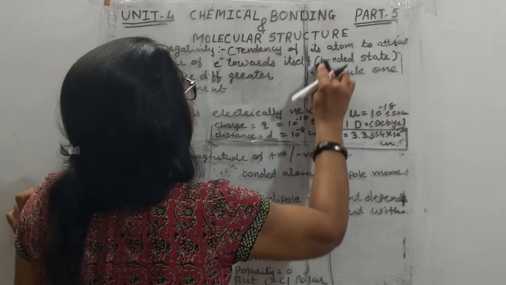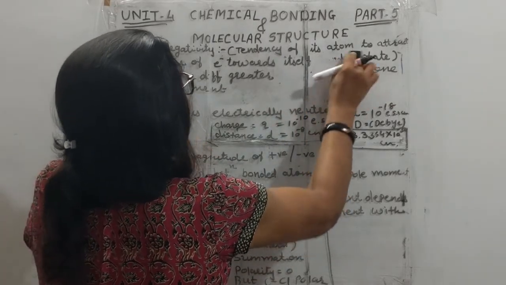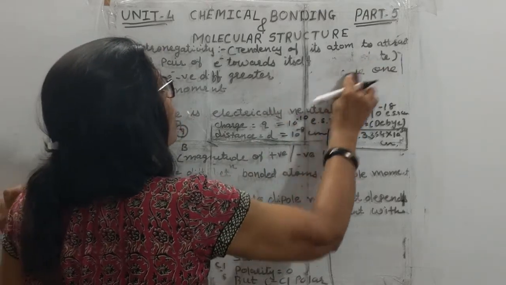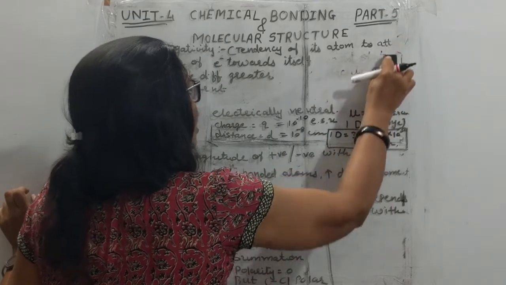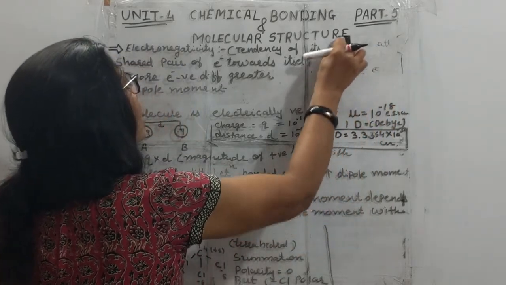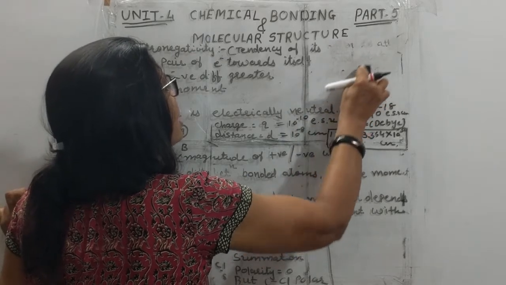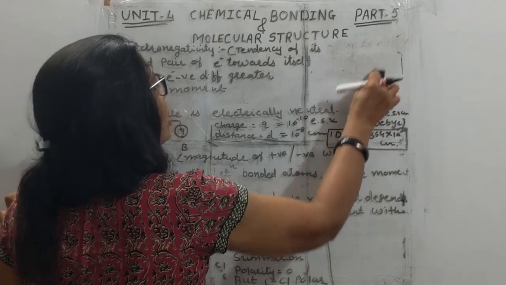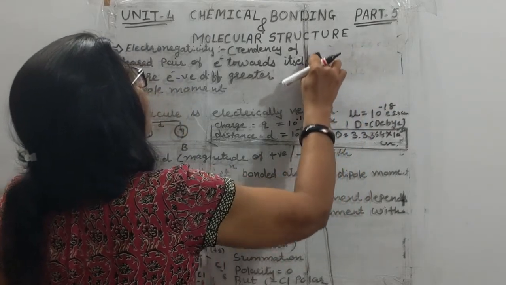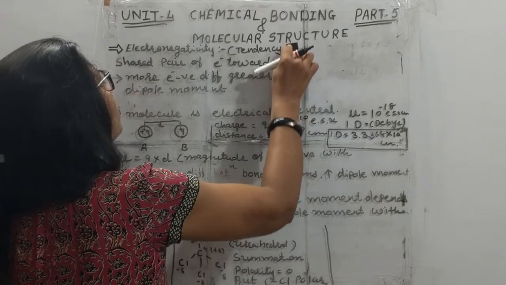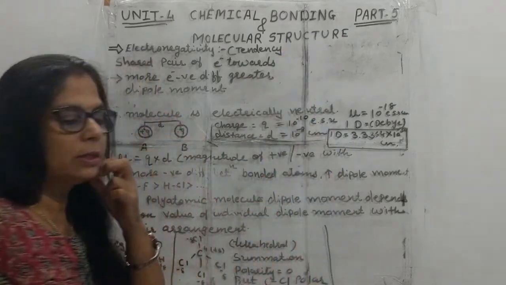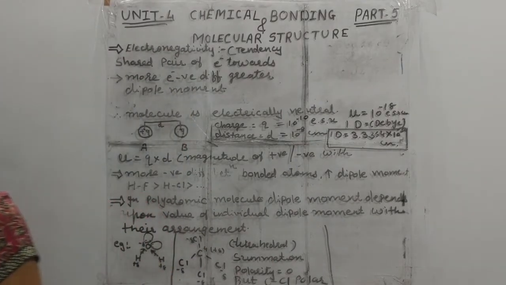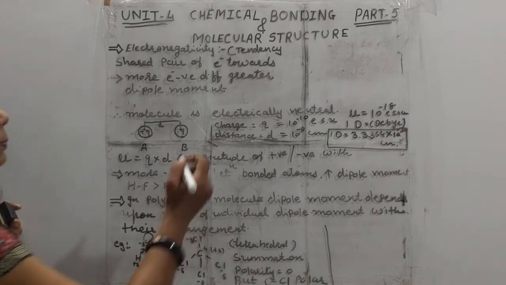We'll take some examples, students, where the dipole moment is 0 also. Whenever the dipole moment is 0, the shape of that molecule is linear, because both atoms are considered to have the same dipole moment in opposite directions and cancel each other's charge, and that's why the dipole moment will be 0. And whenever the dipole moment is 0, the shape is linear. I am just giving you one of the examples. Students, suppose we take the example of HF,